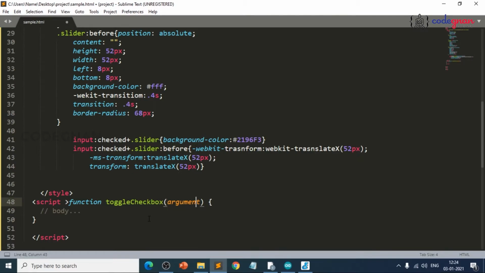Argument is element here. Everything we will call is in the form of element. In between I need to write in the body here. So var xhr equals to new XMLHttpRequest.